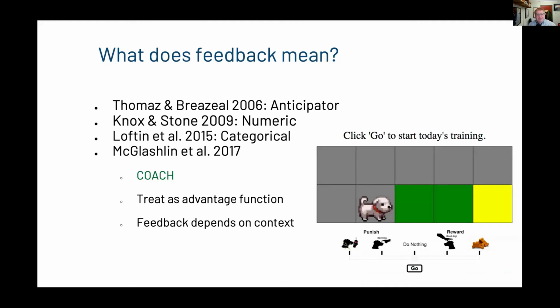And then James invented the COACH algorithm. And here his insight was, what if humans aren't giving you strictly categorical feedback? What if they're telling you about how good your policy is now relative to what it was before? So if you're getting better, the human will give you more reward. And if you do a decent thing, but it's worse than what you were doing, the human might give you negative feedback. So in this case, you can really treat the feedback from the human as relative to how you were doing before. And in some cases this happens, and in some cases you can improve.